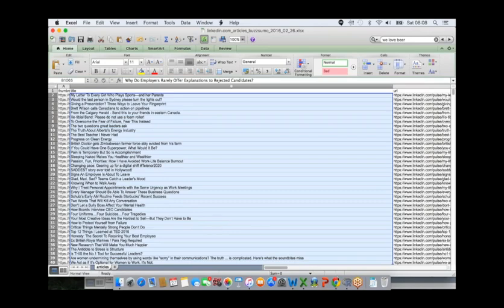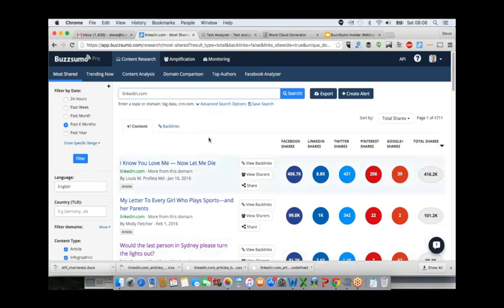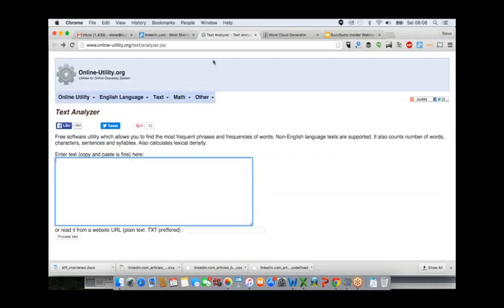So I've highlighted those and copied them. Yes, I hope I have. What I can then do is go to tools outside of BuzzSumo, and you'll get the slides, so you don't need to write down the links here, but here's one simple tool for text analysis. I tend to use a statistical tool called R to do all my analysis, but if you don't want to use that, and it takes a bit of time to learn it, you can literally just paste those post